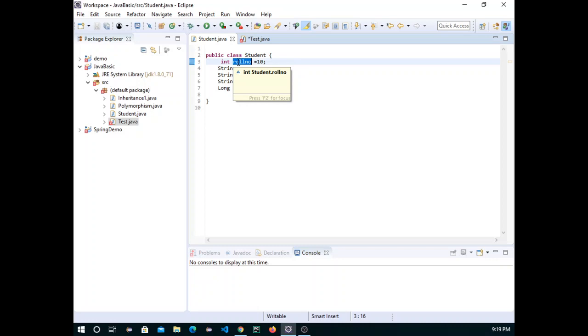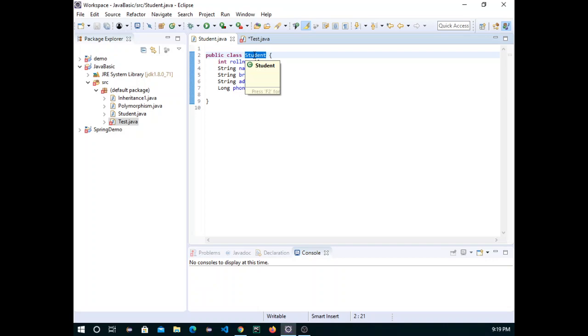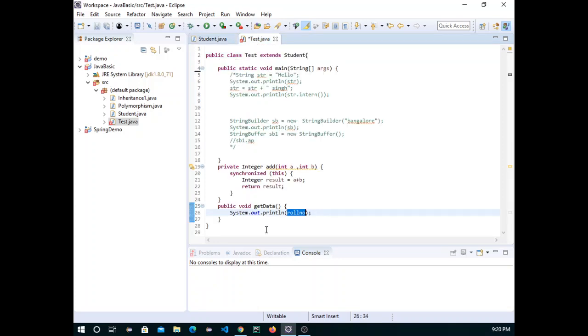This type of declaration we usually don't do. The reason we don't do it is that we restrict everything. If you want to use the data of a student, you have to create the object of the student, and only then can you get the data of this student. If you access it directly, it will break data security, because without creating the object it can access the data. So that's why we use encapsulation.